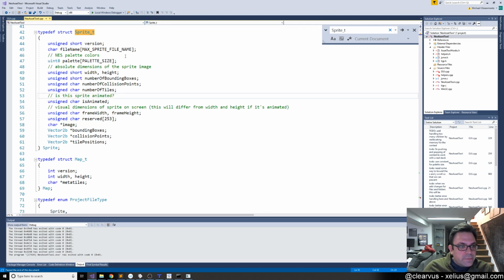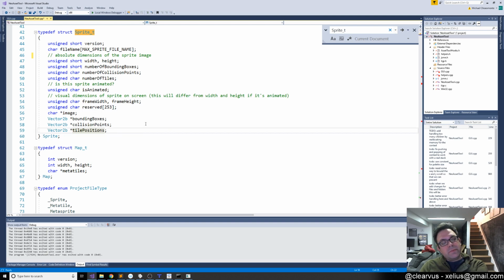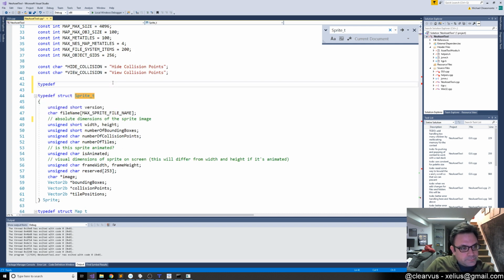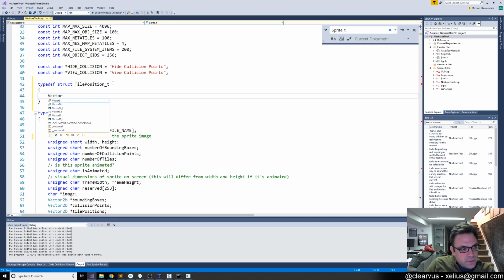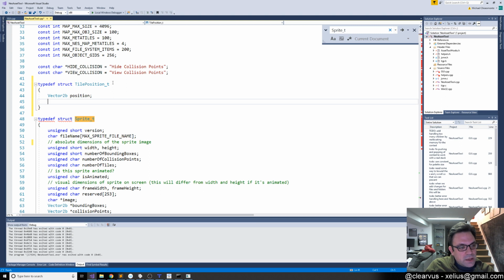So instead of having the palette hard-coded like this, what we instead want to do is change tile positions to be its own struct. And it will be a vector2b, and that is our position. And then it will also be a palette name, and